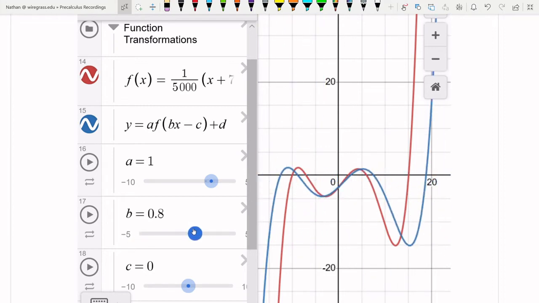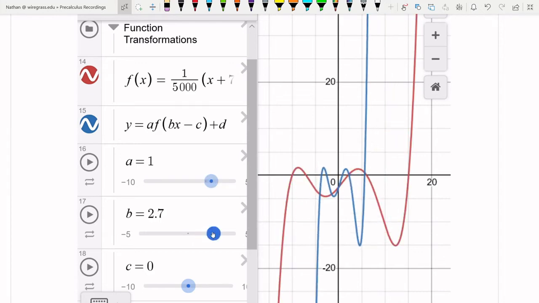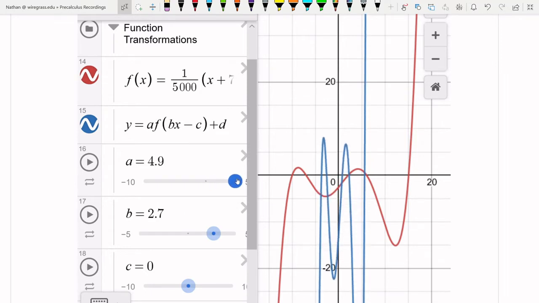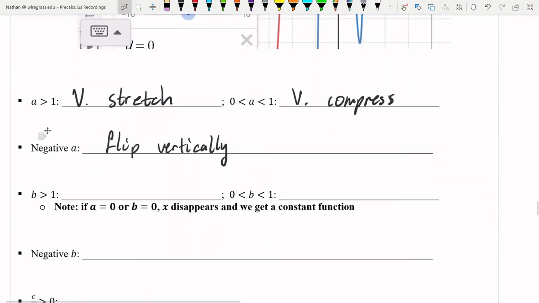That's interesting because, right, when we increase b from 1, it gets compressed horizontally. But when we increase a from 1, it gets stretched vertically. So there's actually this difference between b and a, where it does kind of the opposite behavior. It stretches versus compresses in its respective direction, depending on if it's greater than 1, if it's a or b. So yeah, b greater than 1, this is going to be a horizontal